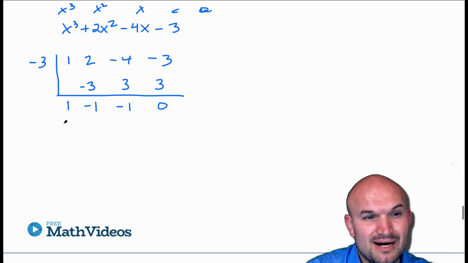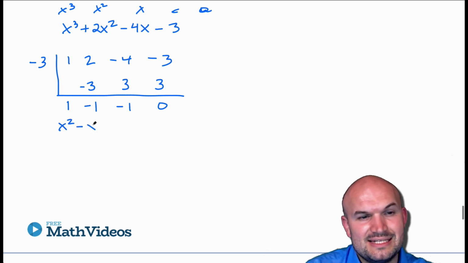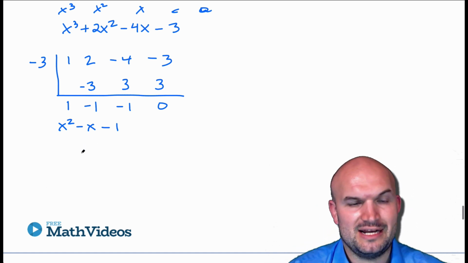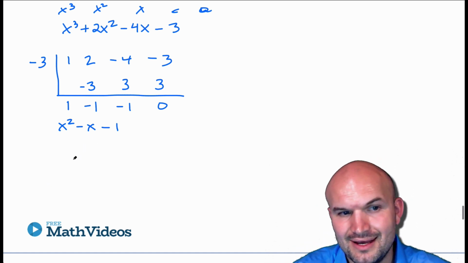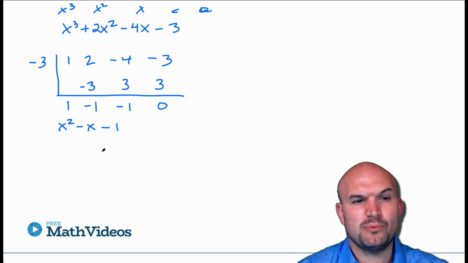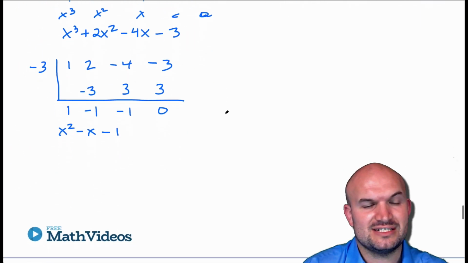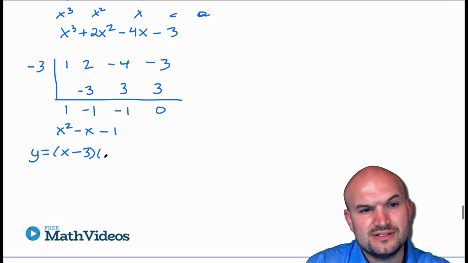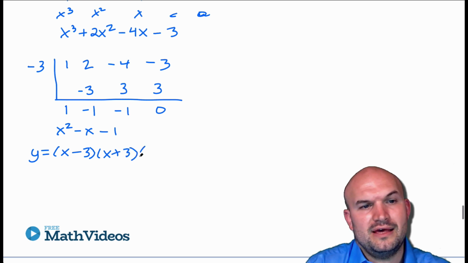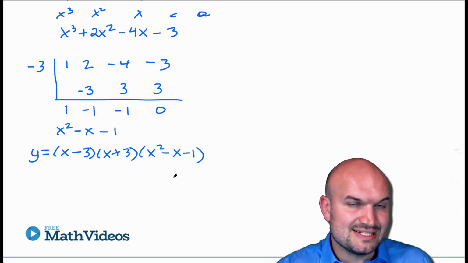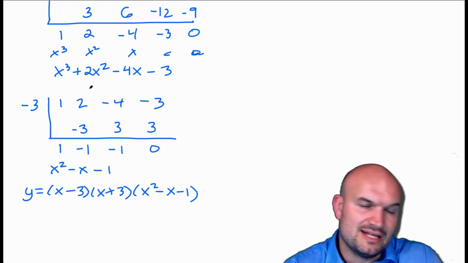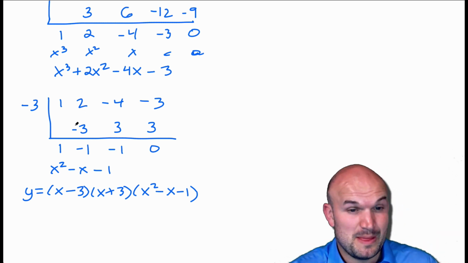All right, so now I'm getting x squared minus x minus 1. Well, great. This isn't even factorable anymore. So guess what? Now I can rewrite this. Now, again, it's kind of important. If I was going to write this as my linear factorization, y equals, I have my 2 zeros, I'll write as factors, and then times x squared minus x minus 1. So the good news is I can rewrite down to a factor that's a quadratic. So I know at least I can, that's better than having a cubic, right? That's why that's a nice thing doing the synthetic division. The bad news is